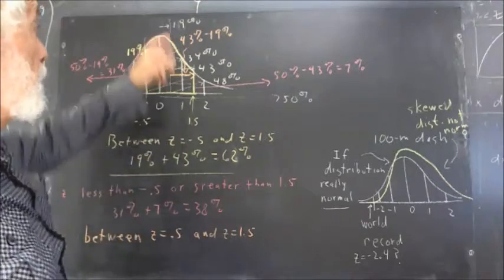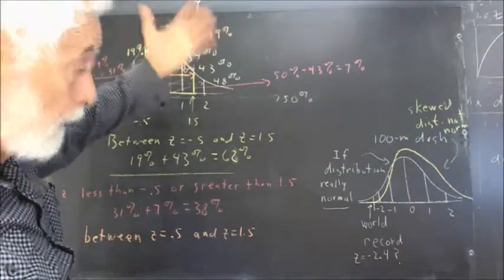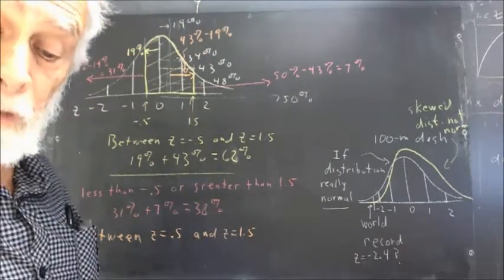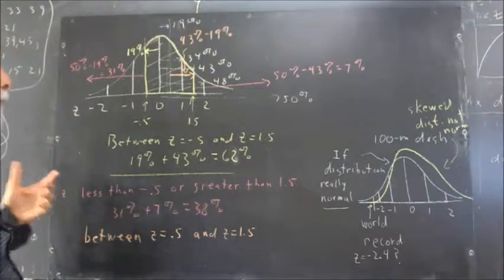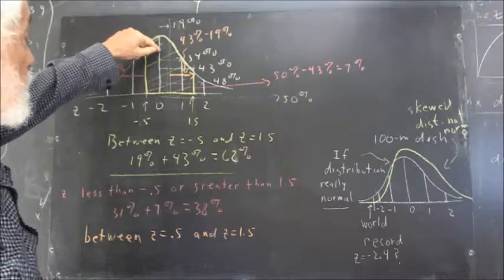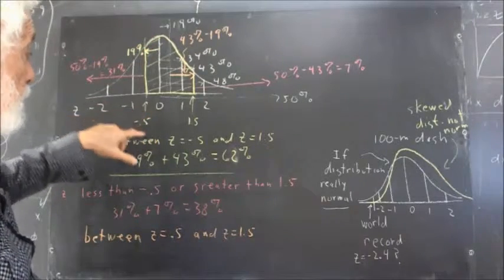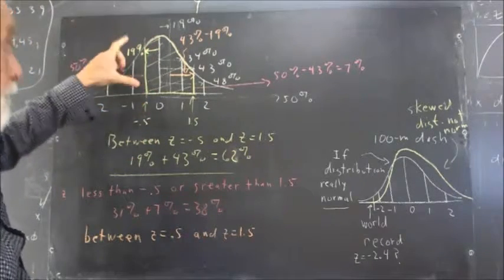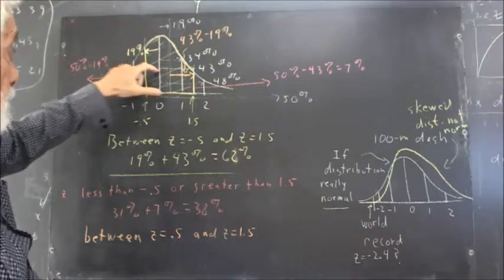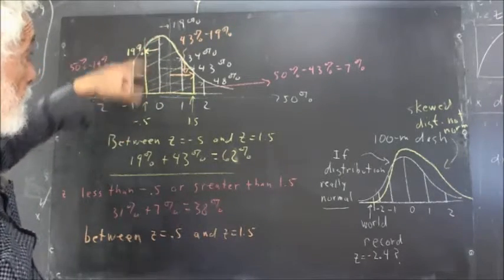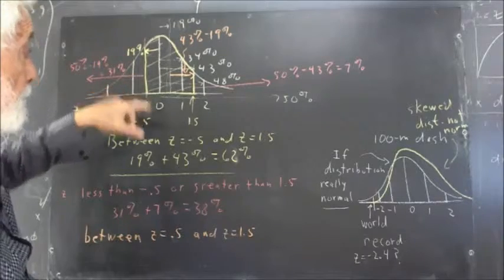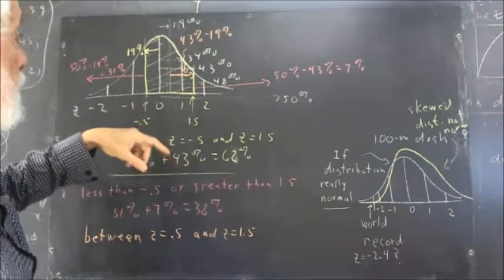Well, if you know the 19, 34, 43, 48%, and so forth, and that will be given on this problem, it's very straightforward. You see that you have 19% between 0 and negative 0.5. If you understand those percents, you'll understand that very easily. So you say, okay, I've got 19% of the distribution in between here and here. And then I've got,